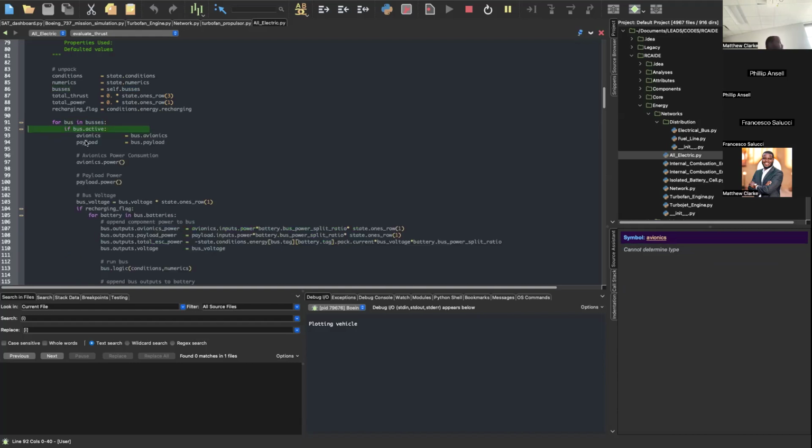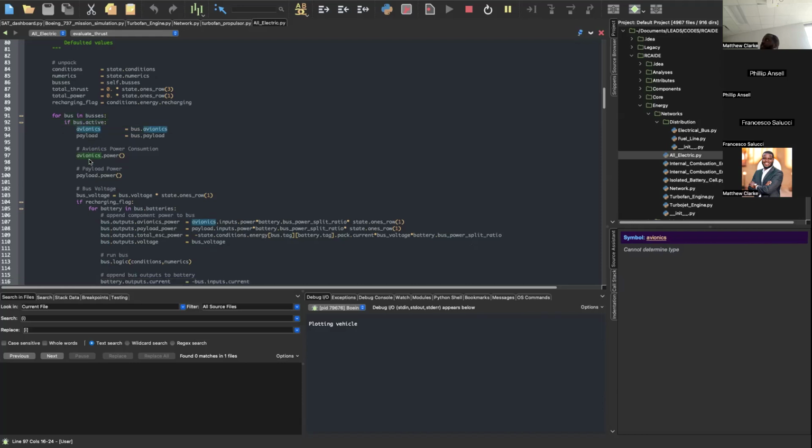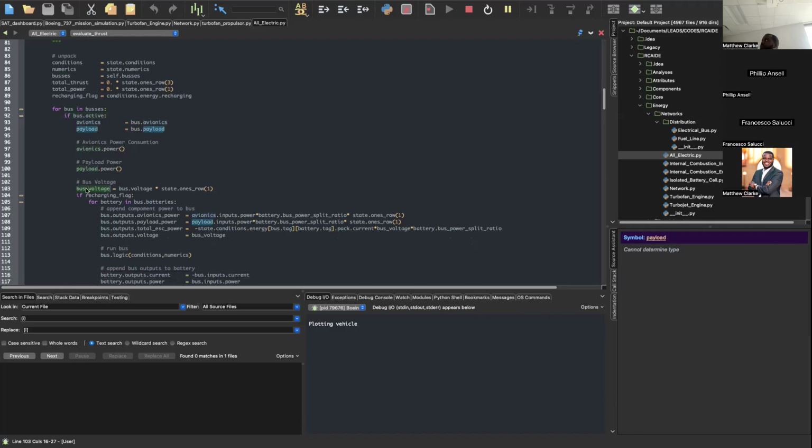If the bus is active, it first takes out some properties of that bus. On the bus, you can have avionics. You can have payload on the bus. Sometimes payload draws power. The first thing we do is compute how much power the payload and avionics draw, and this is a parameter set by the user. I haven't covered the X57 yet, but next week, hopefully, when I cover the X57, I defined the avionics item and assumed it took 10 watts. So you compute your avionics power and your payload power,